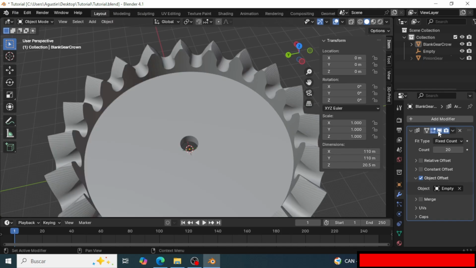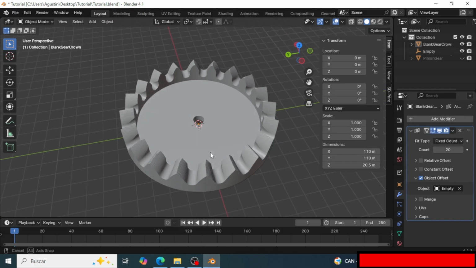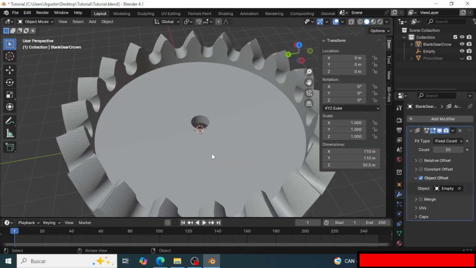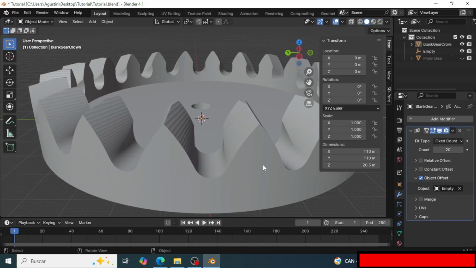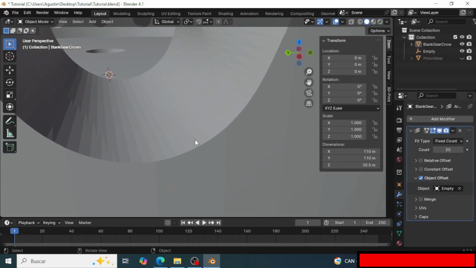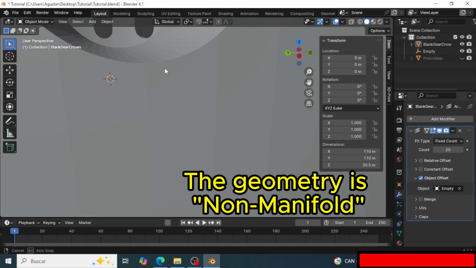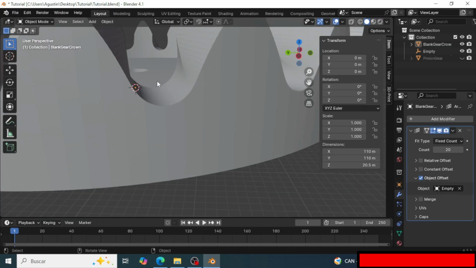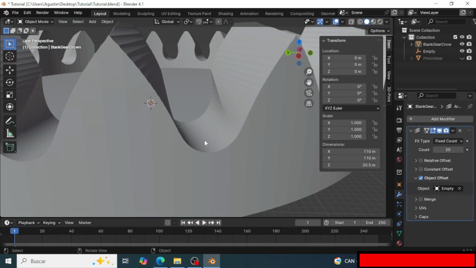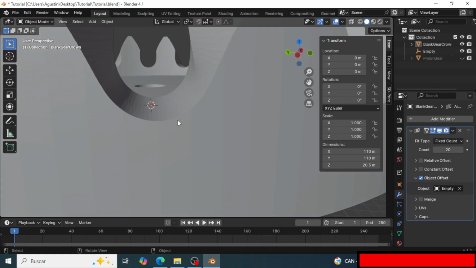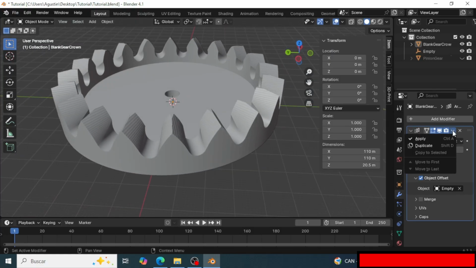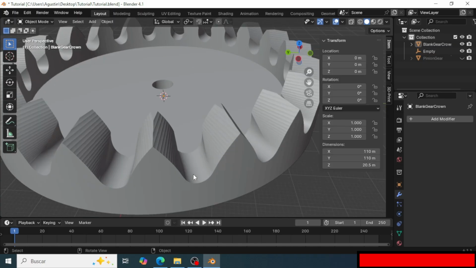When we activate the modifier, you can see we have the gear blank. Now this has some problems because these are not joined. What do I mean when I say these are not joined? Well, if we apply this modifier,